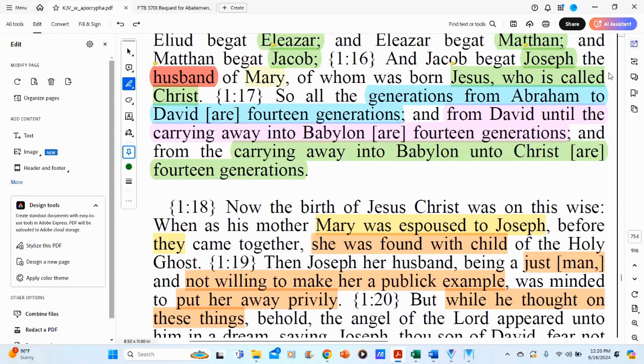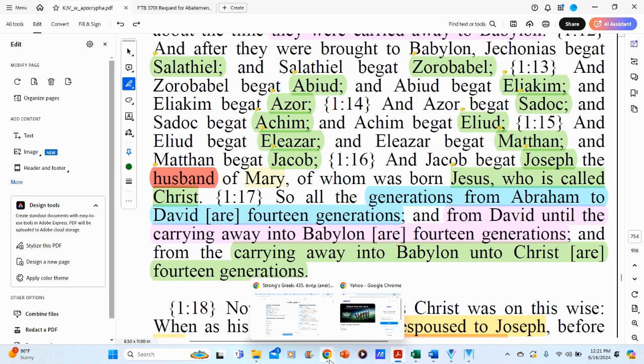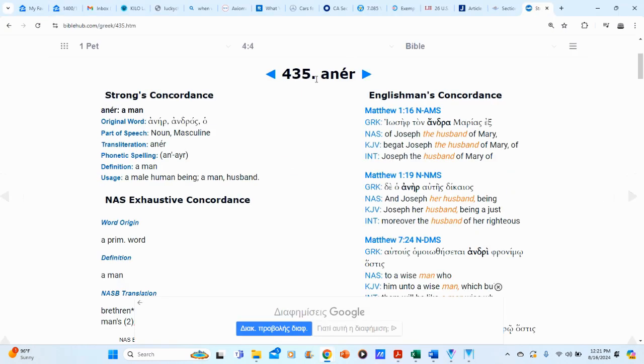All right, so real quick, I wanted to address this word here, husband. Now, this is written in the Greek, so this word husband is the Greek word Anér. The problem with that word Anér that you see right here is that it has so many different meanings, or I'm going to say translation uses,